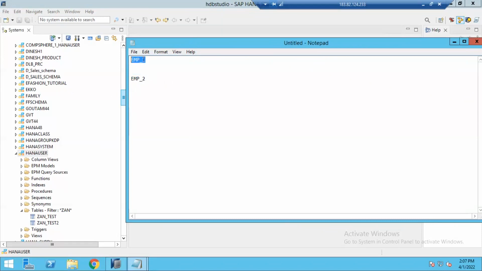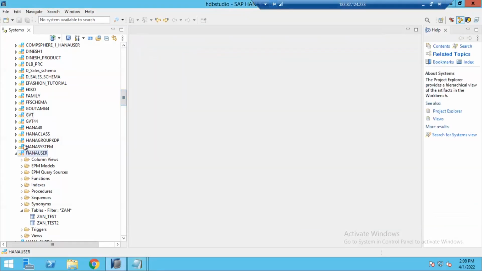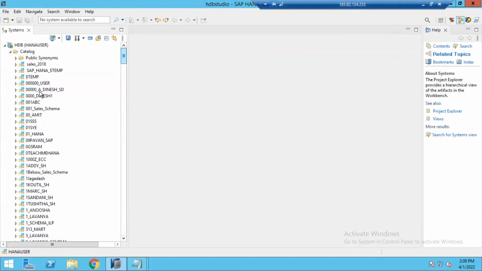I am repeating one more time. We have two employees, employee1 and employee2. Employee1 has its own schema, employee2 has its own schema. If employee1 wants to see the employee2 schema, then employee2 must provide access to the schema to employee1. So we have one SQL statement to grant access. Now why am I able to see everything? Because the admin user always has access throughout the database, so he can see all the schemas.